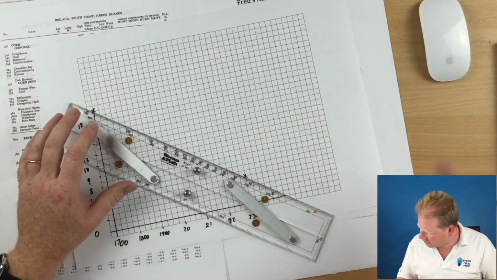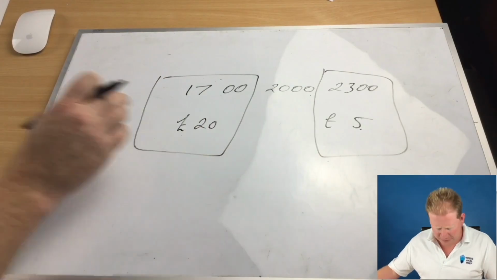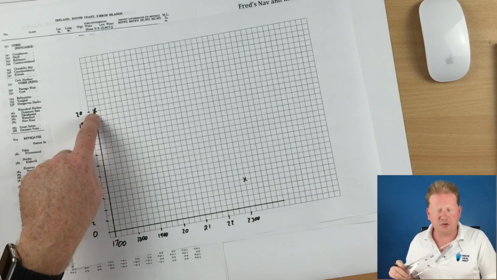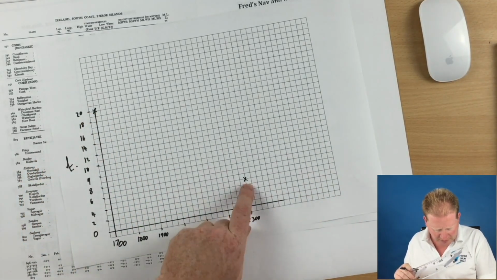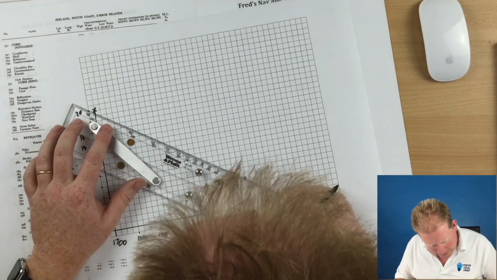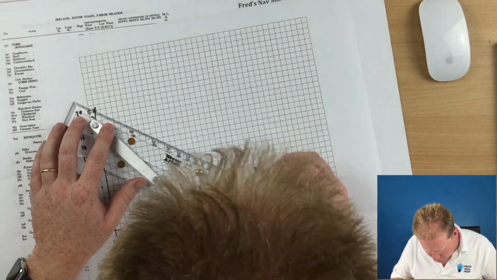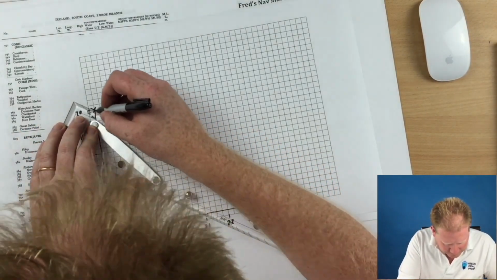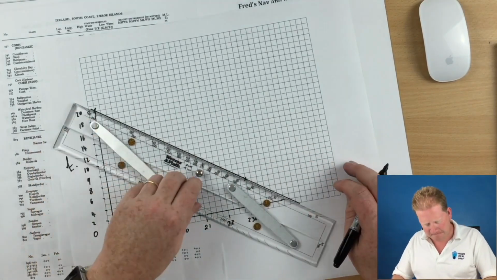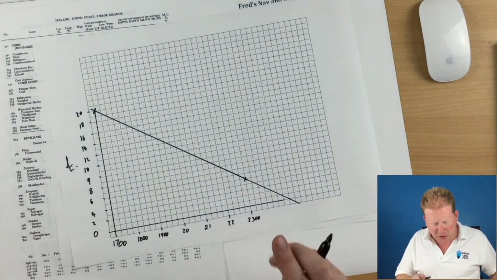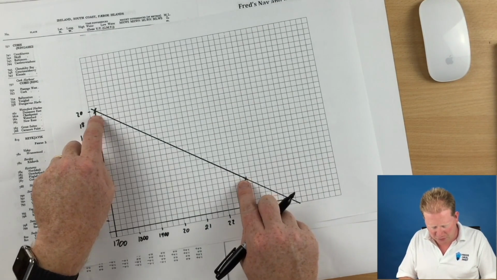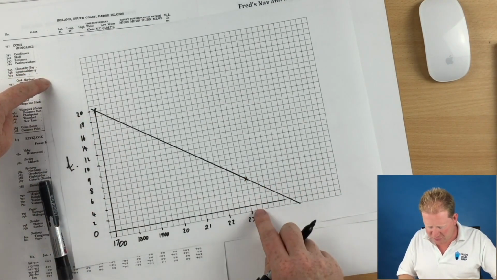So we'll go back to it. At 5 o'clock we had £20, so that's tied into that cross there. And at 11 o'clock we had £5, and that's that one. So that allows us to draw a line. And to interpolate, we only draw in between those, we don't go beyond. We could extrapolate that